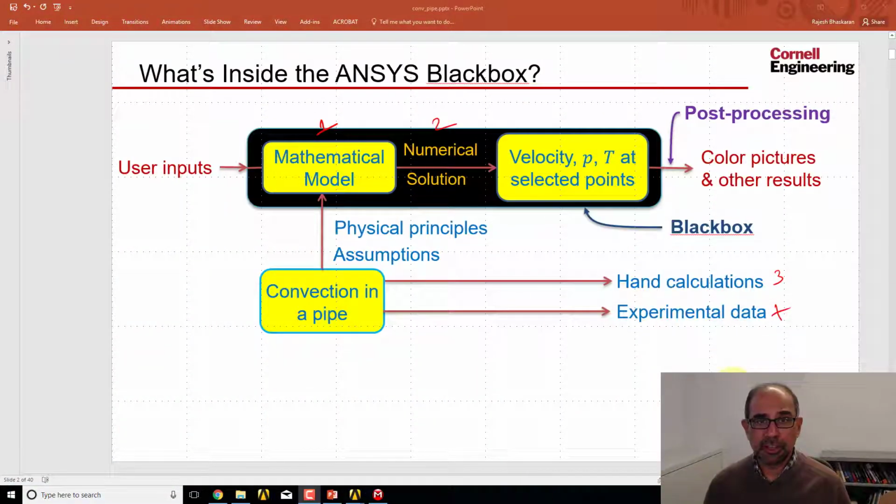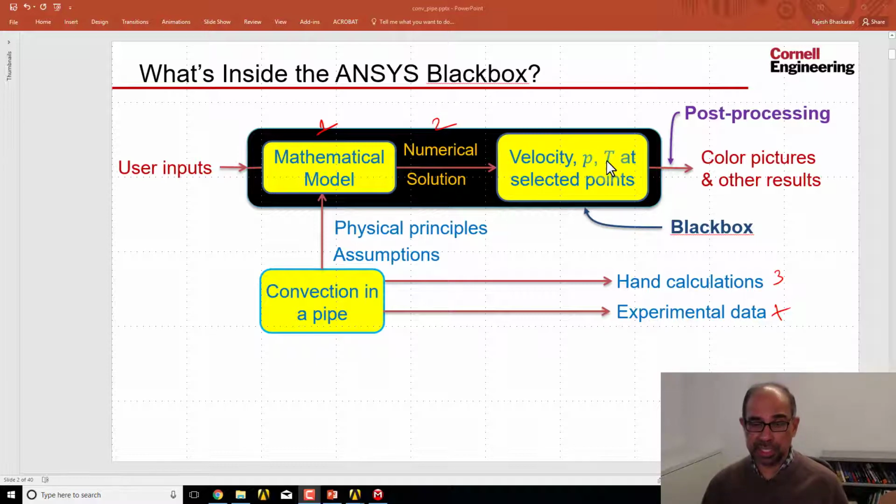Now that we have the domain over which we want to solve our governing equations, let's divide that domain into multiple cells or control volumes. If I go back to the framework of what's inside the black box, I want to remind you that in the meshing step, we are not affecting the mathematical model, we are affecting how that mathematical model is going to be solved. In particular, we're going to mark out the selected points at which we want the solver to calculate